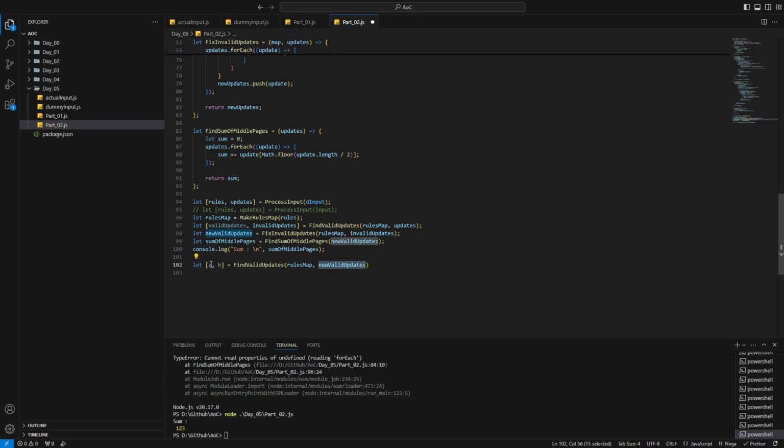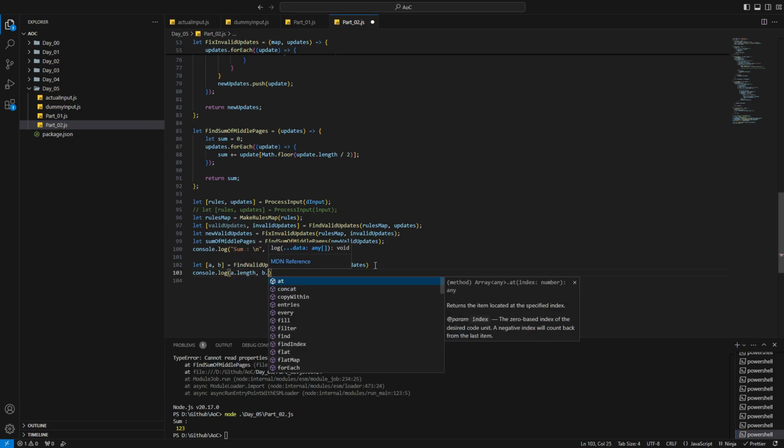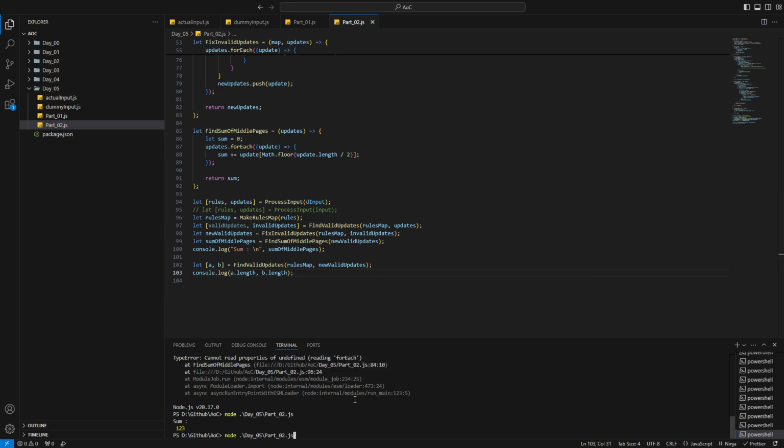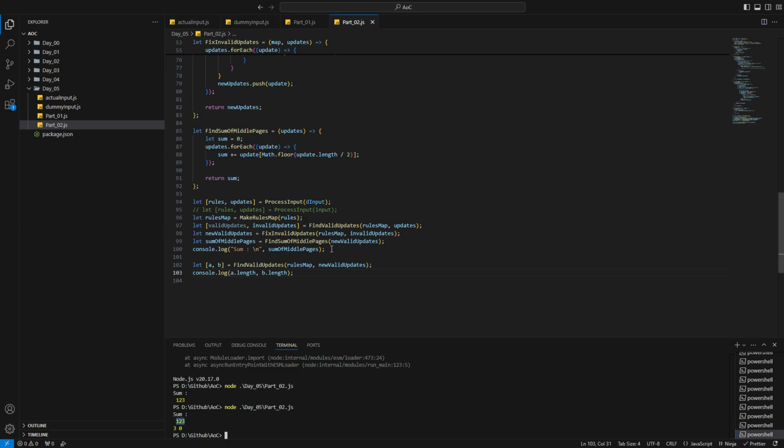So what this will give us is valid ones and invalid ones. Ideally the length of A should be the same as the initial length, and the length of B should be 0. Okay, we're getting 0, so 123 is what was expected. So now we can check with